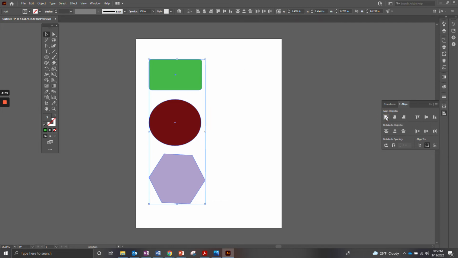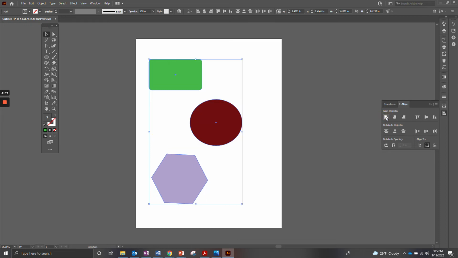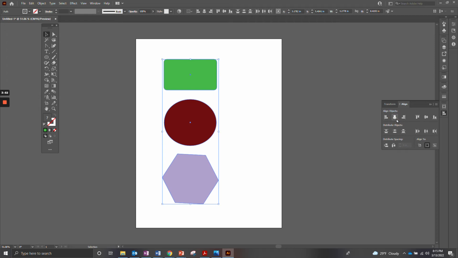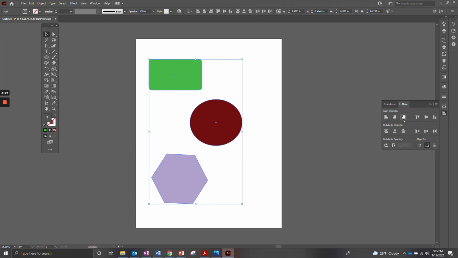Okay? So see, that green one didn't move. Watch. Perfect. Okay, I could align them to the center. So whichever object is closest to the center is how it will align it. Okay, so they all jump over. And then I could do align to the right as well. So you'll see the circles farthest to the right, so the green and the purple shape will jump